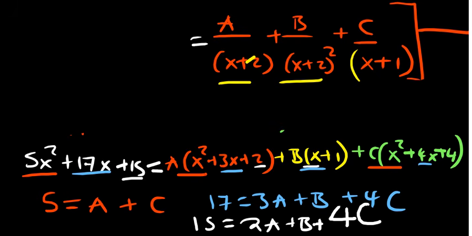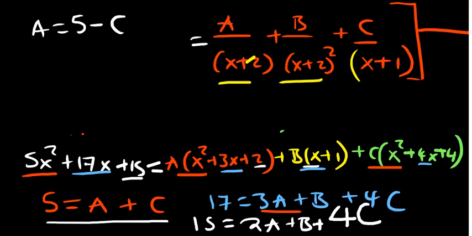So how are we going to find the value of a, b, and c? We have 3 equations to help us. I'll start with my first equation. I can make a the subject. So my a is therefore going to be 5 minus c. I can now plug that into the other equation. So I'll have 17 is equal to 3 times 5 minus c